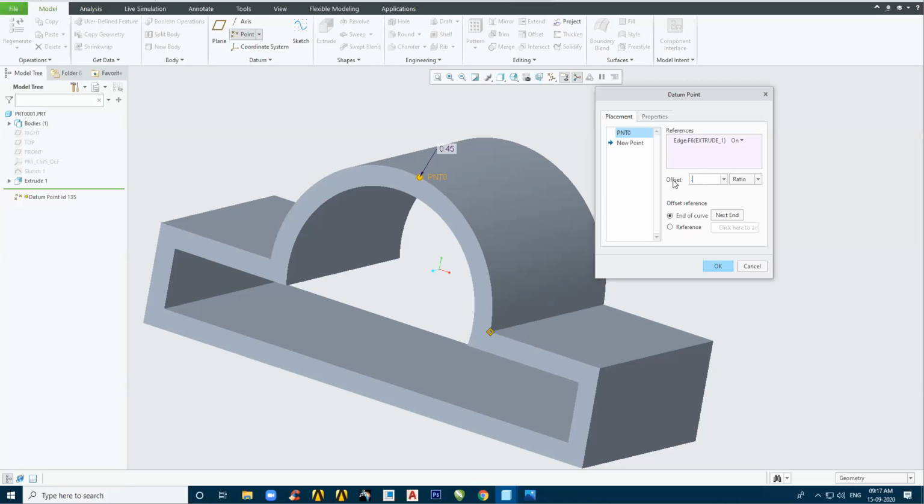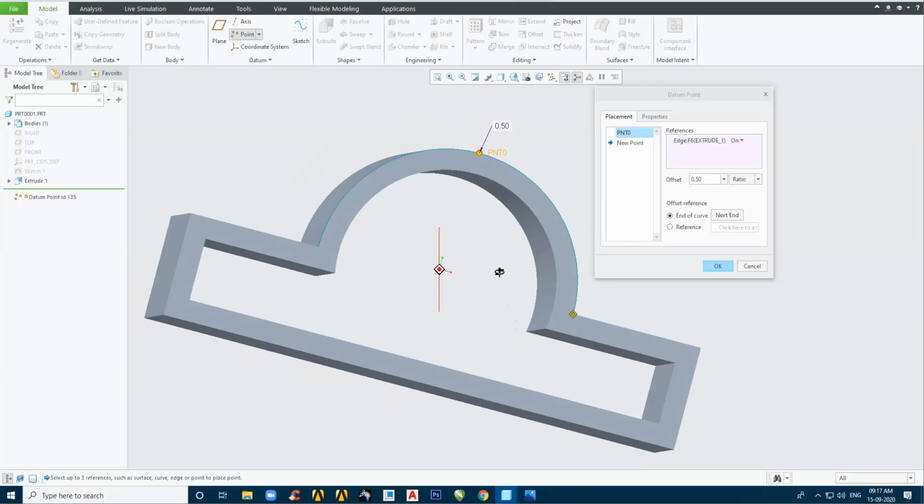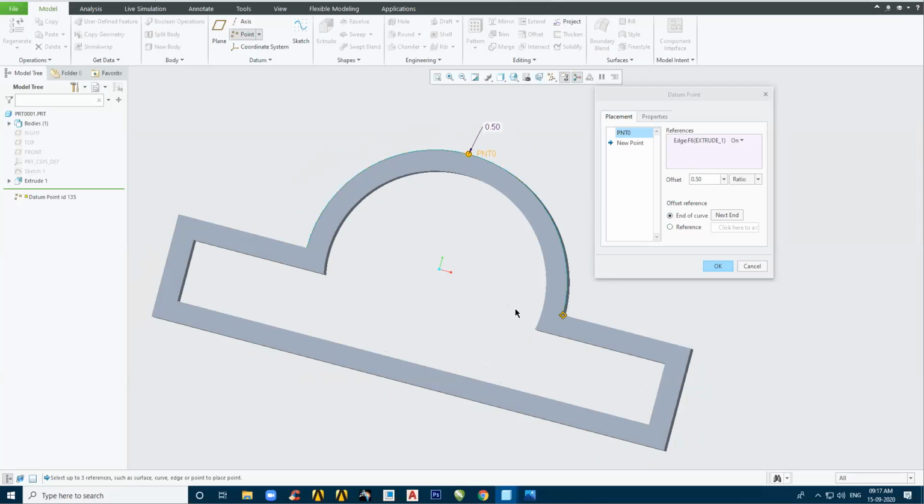For example, I am saying 0.25. So from here, a ratio of 0.25 has been taken. I will change it to 0.5 so that you will understand. A ratio of 0.5 has been taken. See here, exactly, it is on the quadrant point. Understood?